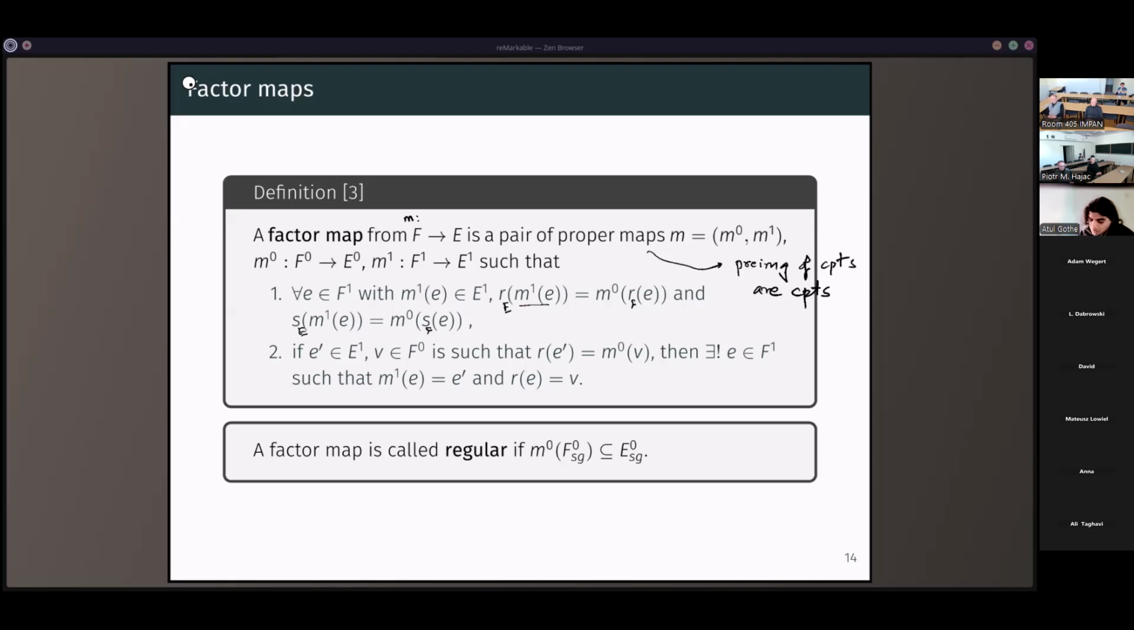So now the second condition, which is also called target bijectivity. What this means is if we have an edge E prime in the codomain, and a vertex V in F0 in the domain of the vertices, such that the range of E prime is the image of some vertex M0 of V, then there exists a unique E in F1 such that M1 of E is E prime and the range of E is V. So diagrammatically, it means that